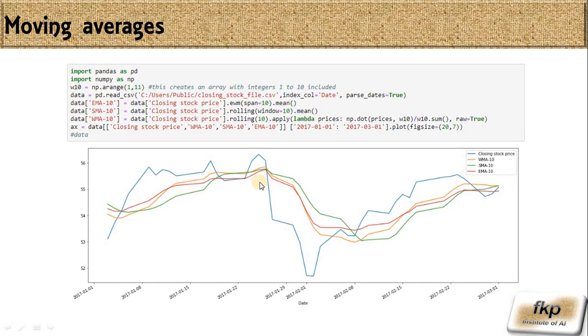Its action is basically not so quick. You cannot see changes very fast, and it is very much smooth. It is not going to the peaks. Suppose here we have the peak value.